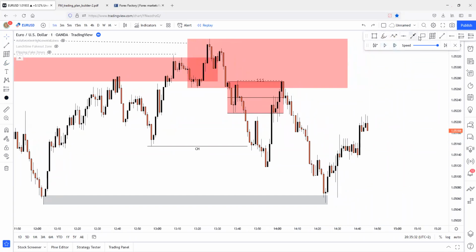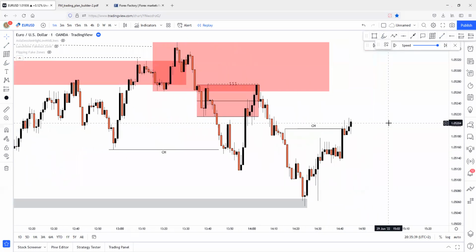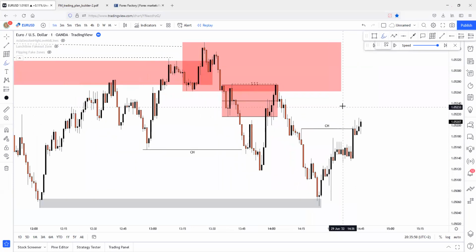Okay, strong character changing movement has happened to the upside. Here's a strong character changing movement. And my question will be here. Of course, we can only execute long trades if price isn't coming from a supply zone. And the supply can be a 1 minute supply too, because for pro trend trades, the criteria in the tracker and trading plan says that price isn't coming from an opposite sided zone.